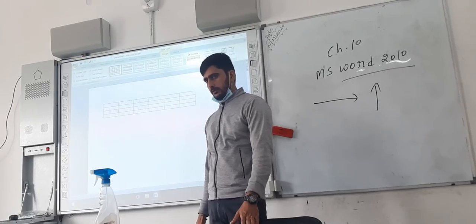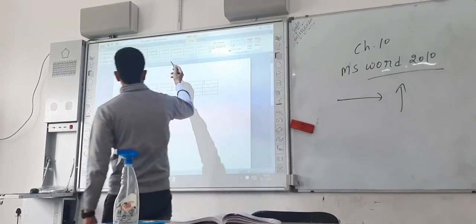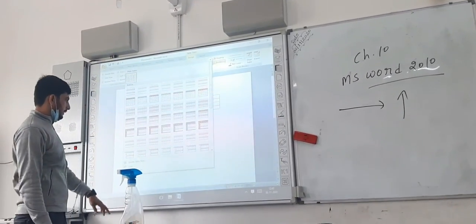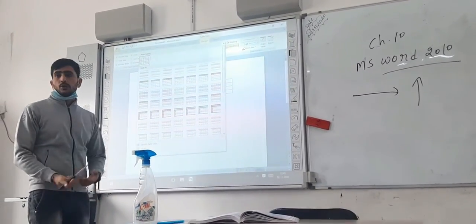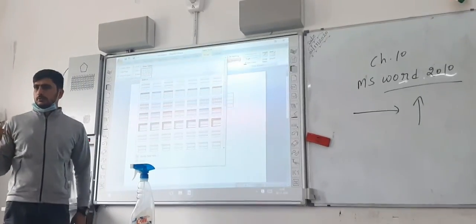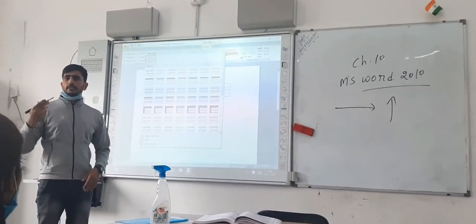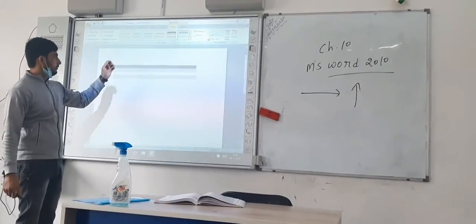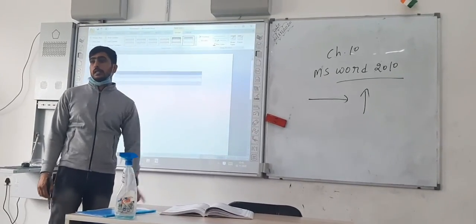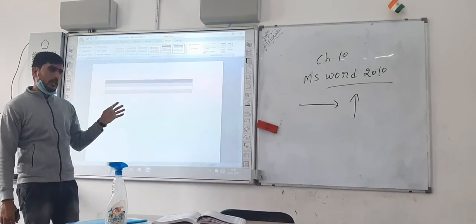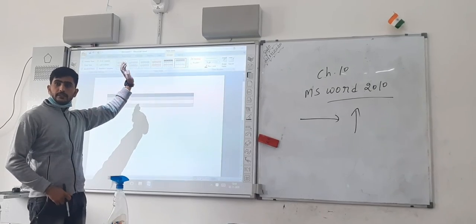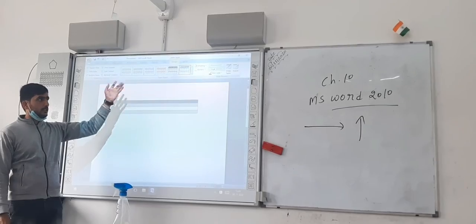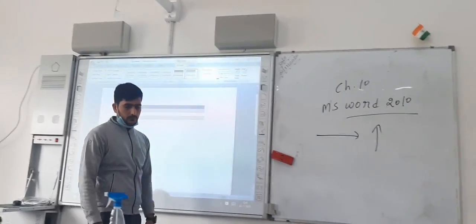auto formatting a table. I have already told you these are some formats of the table. Suppose I have inserted this table and I want my table to be auto formatted. I don't need to format the table cell by cell. I need to just select the whole table, and you will see that it will change to the option that I have selected. These are the pre-designed styles in tables. You can select one of them.